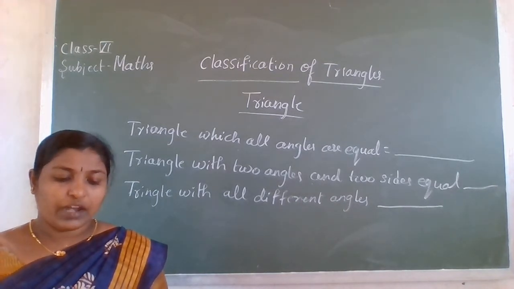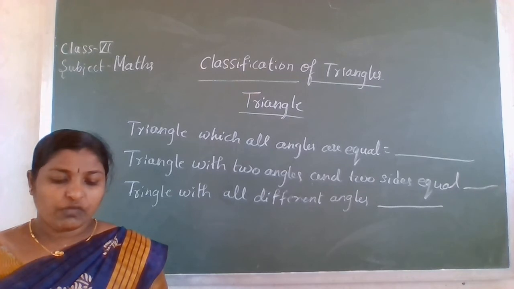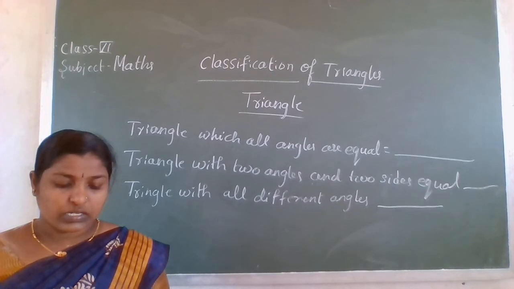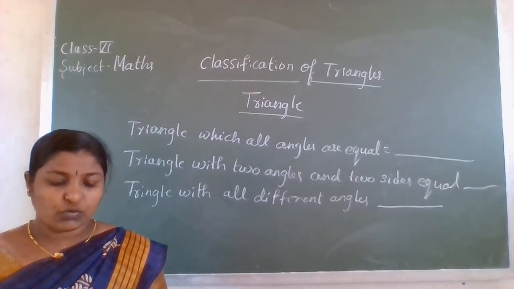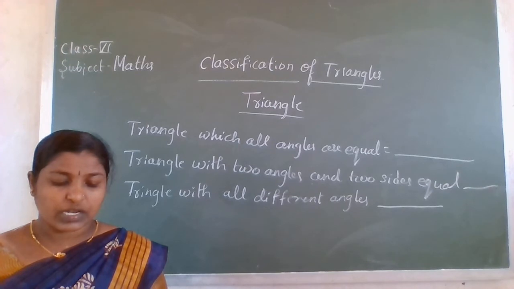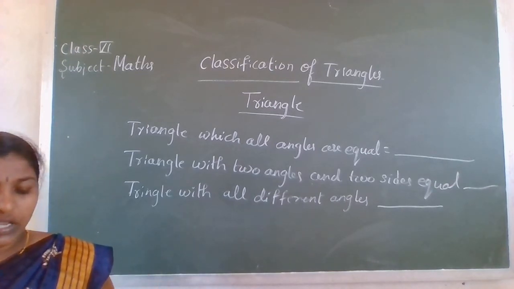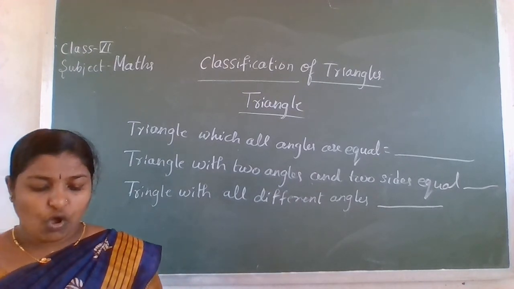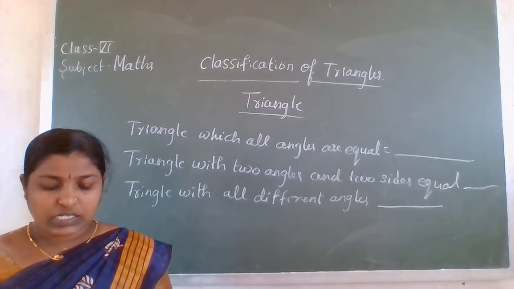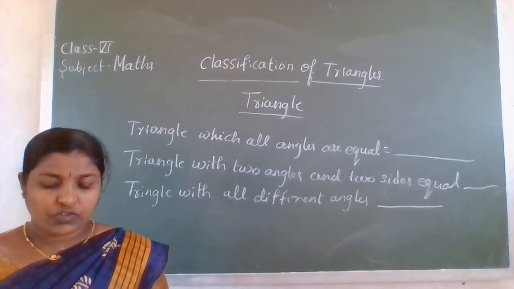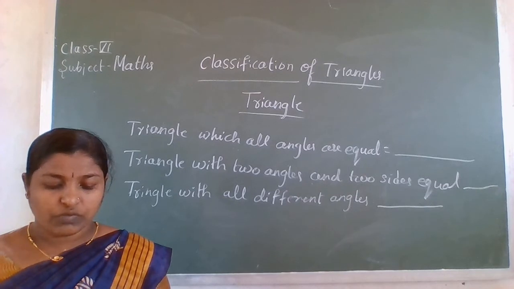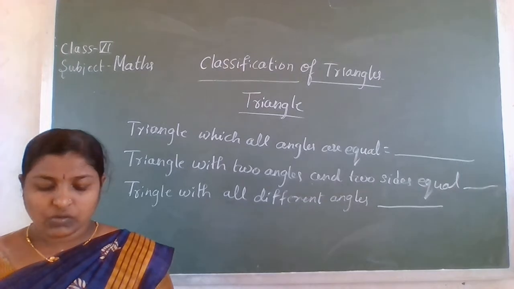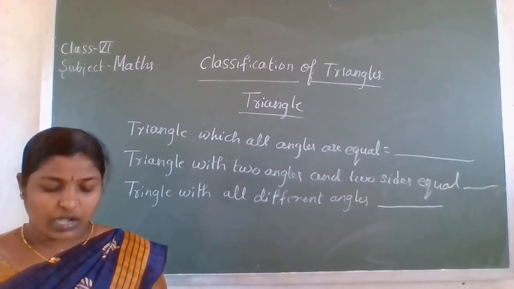Take some more triangles and verify these. For this, we will again have to measure all the sides and angles of the triangles. Triangles have been divided into categories and given special names. Let us see what they are. Naming triangles based on sides. A triangle having all three unequal sides is called a scalene triangle. A triangle having two equal sides is called an isosceles triangle. A triangle having three equal sides is called an equilateral triangle.